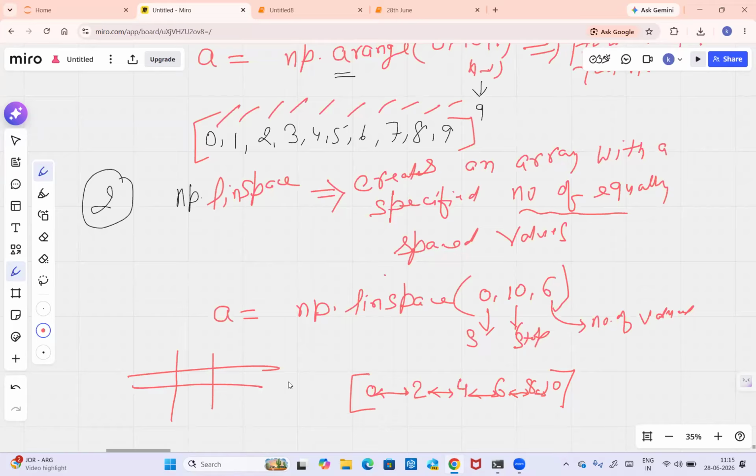So, one question. You're saying 0 to 10, and the number of values should be 6. Yes. Here both ends are inclusive. In range